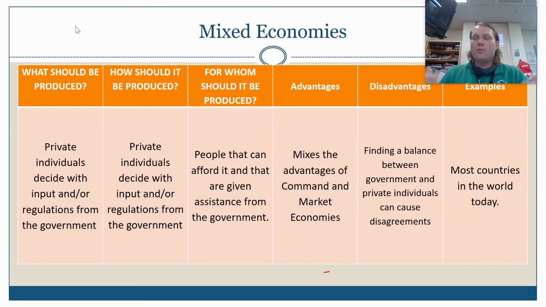Now, in certain cases, can the referee take way too much advantage of the people? Absolutely. If you've ever watched a sporting event and had the referee make every single call, that's not entertaining to watch. Just like it's not entertaining to watch if the referee doesn't make any calls, because then you feel like you're disadvantaged by the ref, right? And so these mixed economies, which is basically eventually what every economy somewhat becomes, some are going to be more socialist, some are going to be more capitalist. We start trying to mix the good from both, the government being able to help people as well as leaving it up to private citizens to do some things. Okay, so it mixes those advantages.